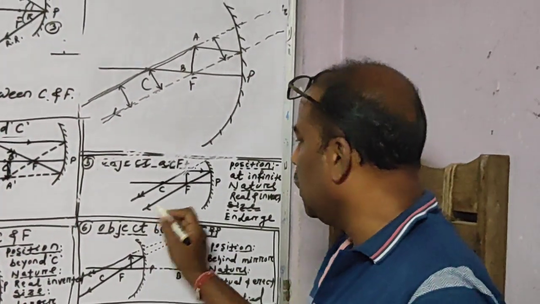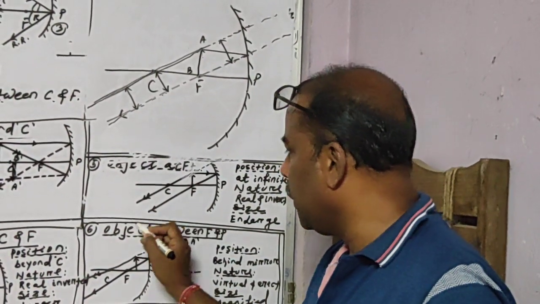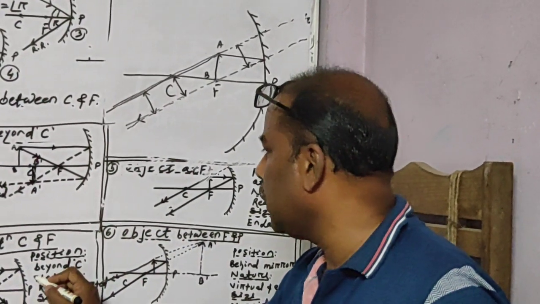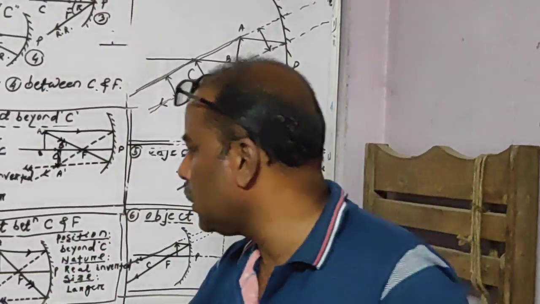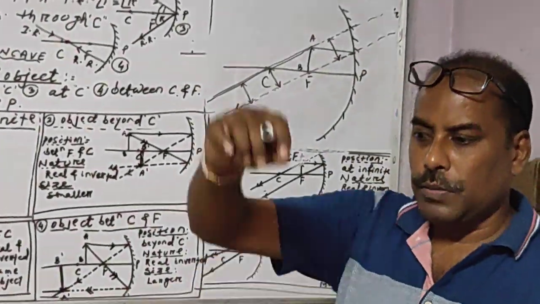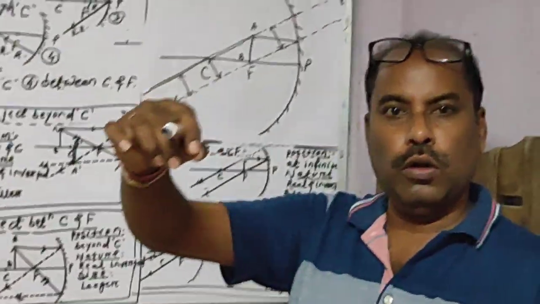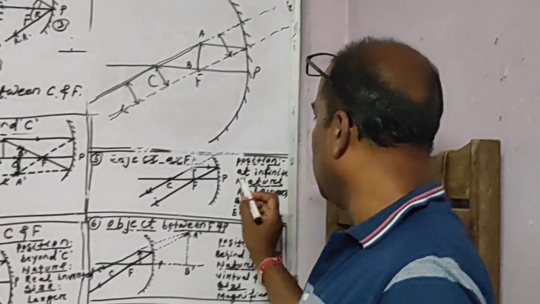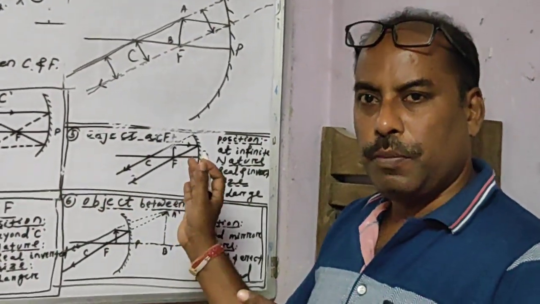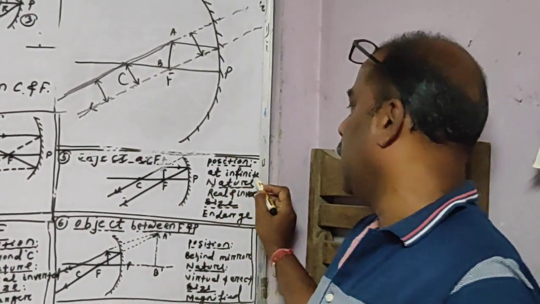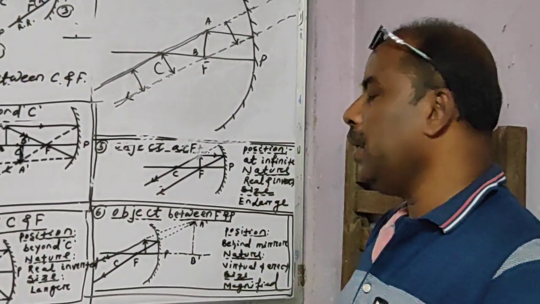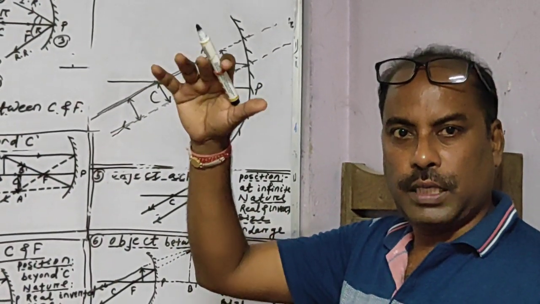And suppose for example I am saying, if it will be intersecting here, then this will be the height. If it will be intersecting here, this will be the height. If it will be intersecting here, this will be the height. So as it will be far away from the mirror, the height of the image will be more and more larger. So that's why I have given the information. Position is where it will not form. If it will form, it will be formed far away from the mirror at infinity. Nature will be left side only, real and inverted, and size will be definitely large, big size.